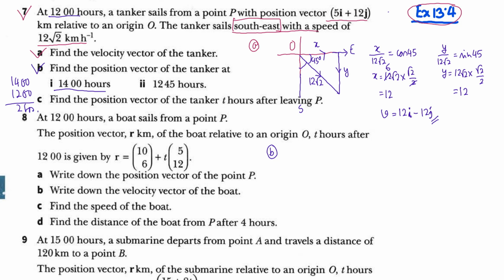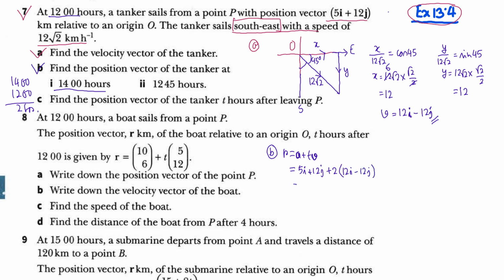So the position vector of the tanker, its initial position is given, so we can use the formula r equals a plus t into v. Here a is the initial position and v stands for the velocity vector, and t is time for that particular particle. So 5i plus 12j plus time is given here 2 hours, 2 into its velocity vector 12i minus 12j,